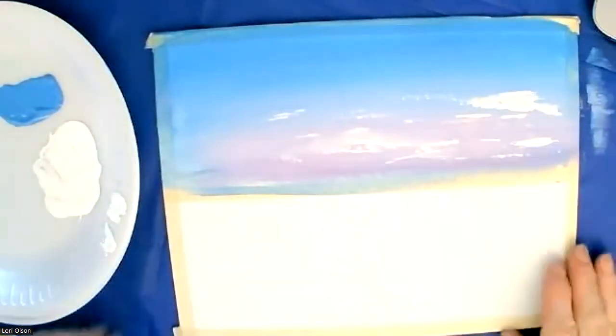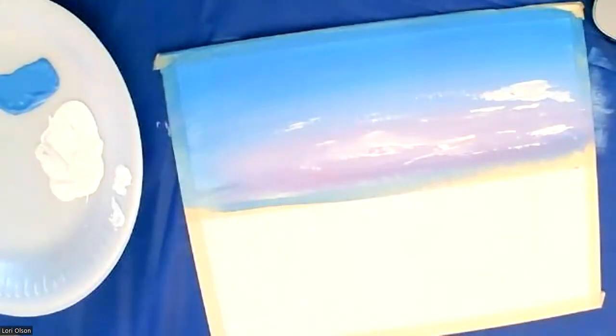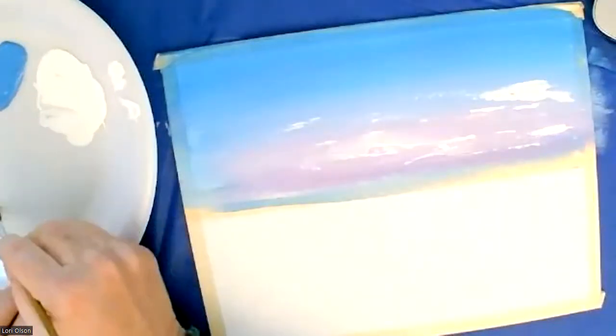Since our streaky clouds were over here on the right side of our painting, we're going to be working now, look at the finished painting, on our land that you can see here in the back on the horizon. So we should be painting on dry canvas. You can look at it in the light, you can tap it with your finger, make sure that your canvas is dry there where you're going to put the land. Okay, so picking up your dark green,